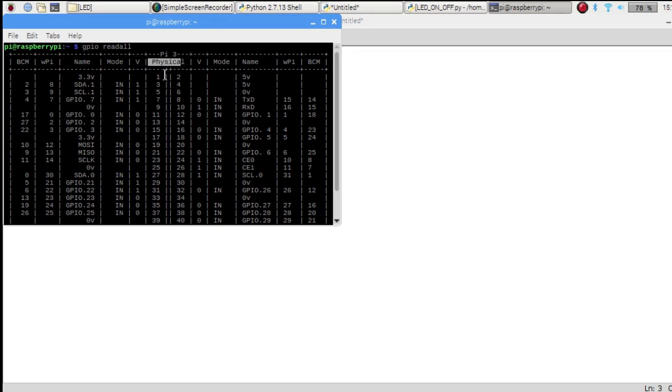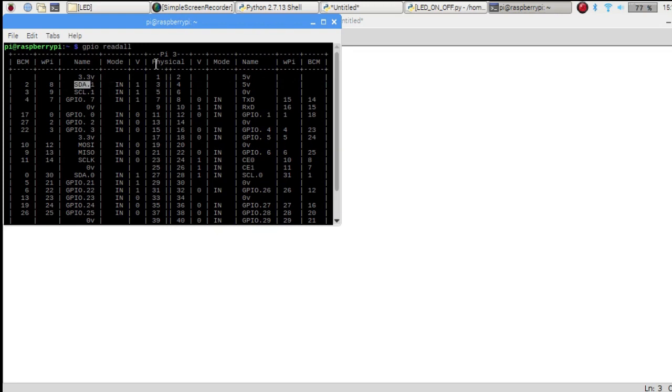For example, in physical numbering, pin 1 acts as 3.3 volt. But if you consider BCM, there is no pin number defined for 3.3. Likewise, if we define the Raspberry Pi as board and consider pin 3, then pin 3 acts as the SDA line. But if you declare BCM, then pin 2 acts as the SDA line.